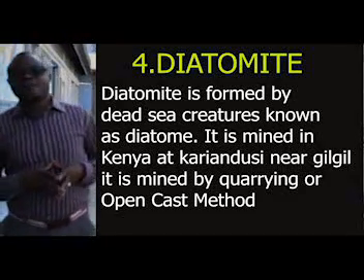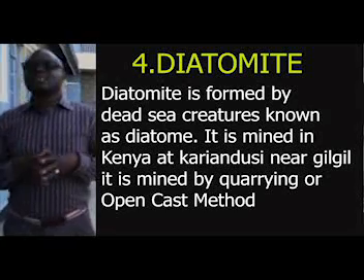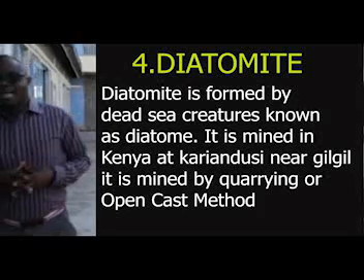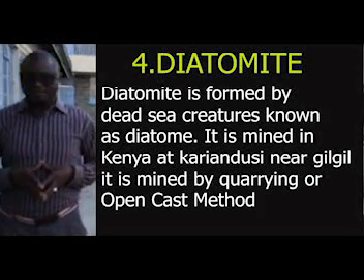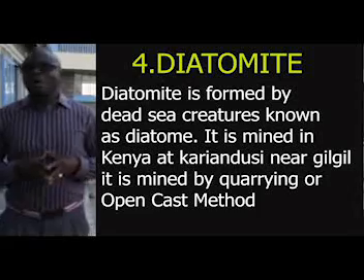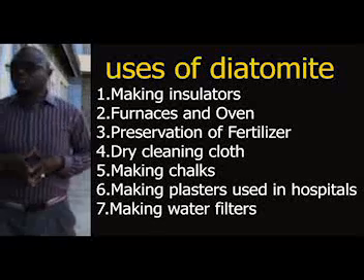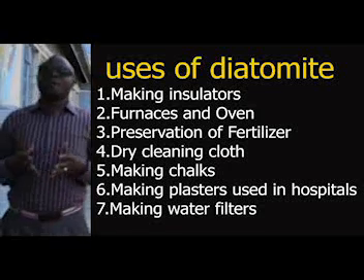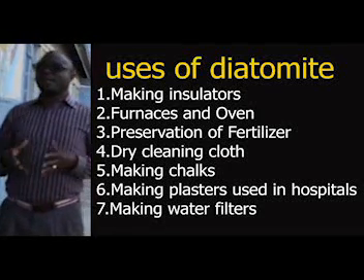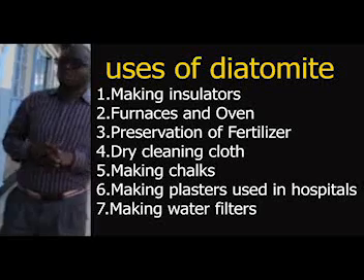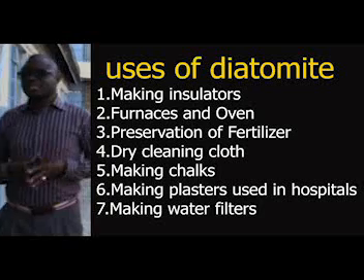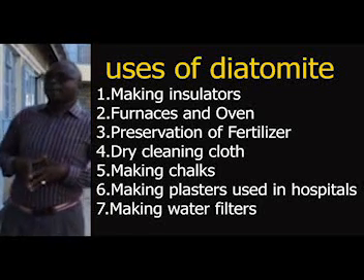Diatomite. Diatomite is believed to have been formed by dead sea creatures known as diatoms. Now in Kenya, diatomite is mined at Kariandusi near Gilgil. It is mined through the open cast, also known as quarrying method. Diatomite is used for making insulators, used in furnaces and ovens, used in preservation of fertilizer, used in dry cleaning clothes, making chalks,